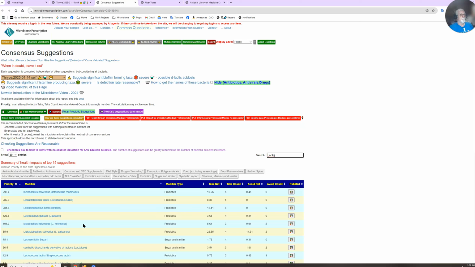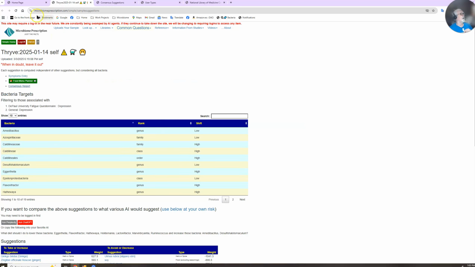And to my surprise, actually not surprised because I keep seeing this too often, almost unbelievable, the top Lactobacillus probiotic is the same one which was suggested before. The top Bifidobacterium was the same one too. That won't happen necessarily with your sample, but it does indicate that the methodology the expert system is using seems to be in agreement with reasonably expected results.